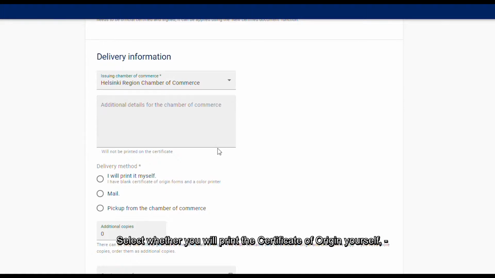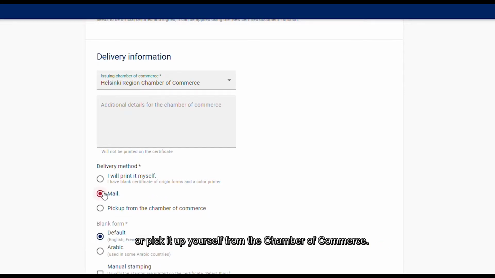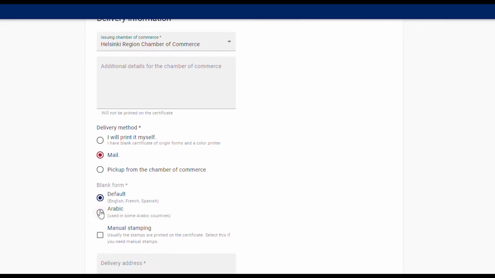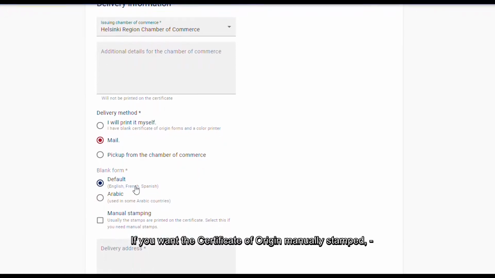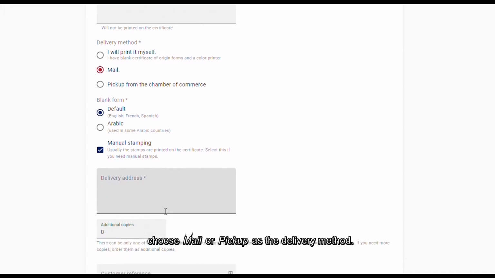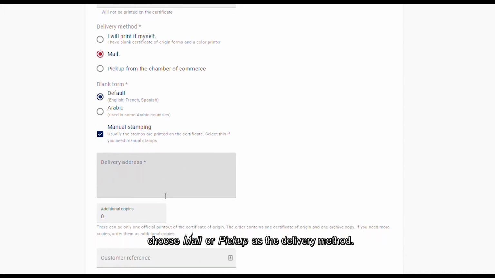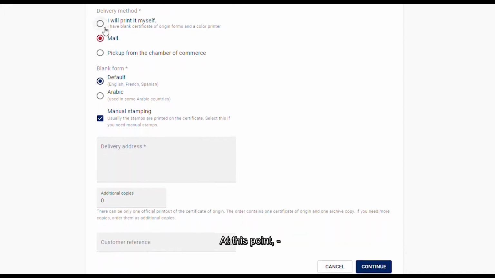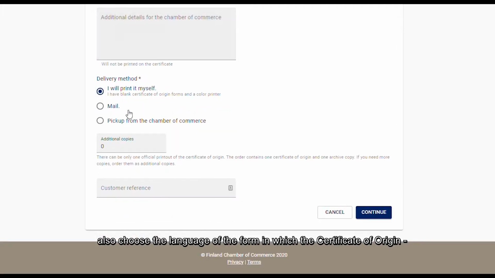Select whether you will print the certificate of origin yourself, have the Chamber of Commerce send it by mail, or pick it up yourself from the Chamber of Commerce. If you want the certificate of origin manually stamped, also called wet stamp, choose mail or pickup as the delivery method. At this point, also choose the language of the form in which a certificate of origin will be printed